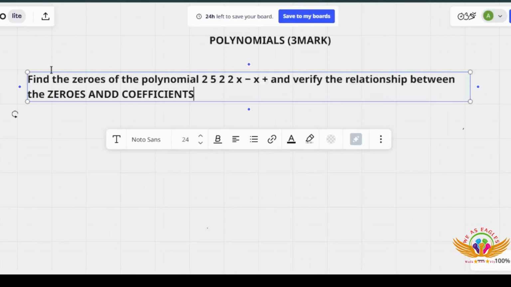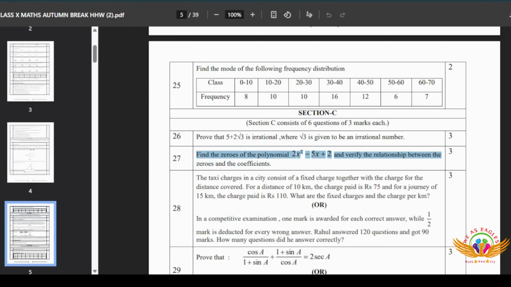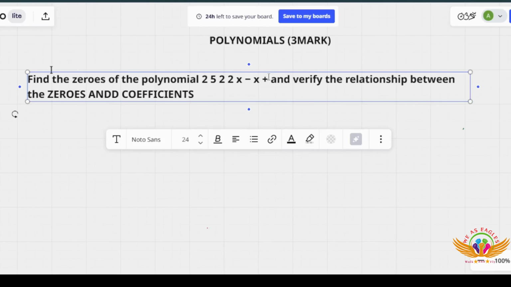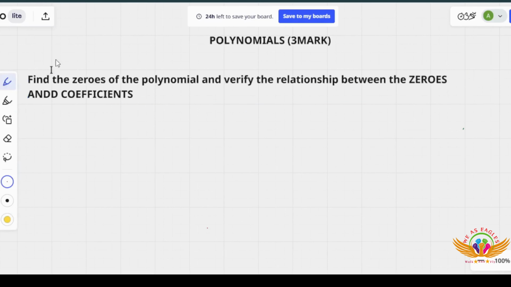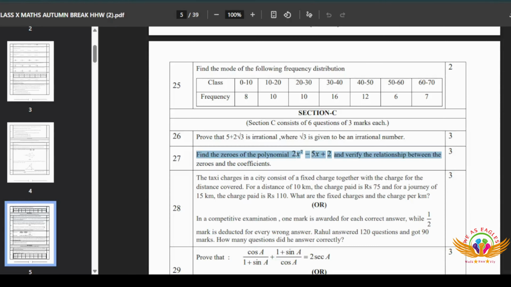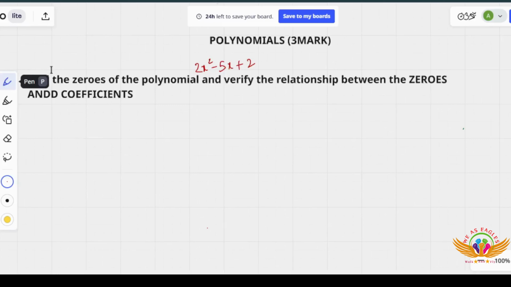So here is the question. 2x square minus 5x plus 2. I just want to write it down because it was not written properly over here. So the polynomial given, the equation, is 2x square minus 5x plus 2. Let us cross-check whether the question is correct or not. 2x square minus 5x plus 2, and what we need to do here is verify the relationship